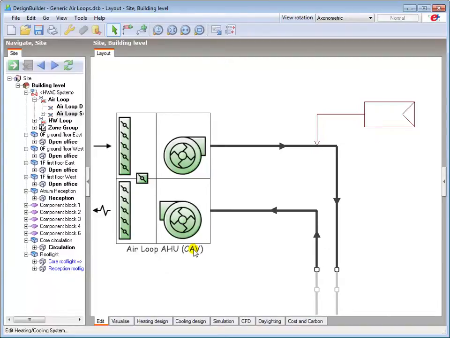The AHU component diagram shows that the AHU has a supply and extract or exhaust fan by default, with airflow in and out arrows. The AHU has dampers to enable flow control on the inlet, the outlet, and also a recirculation damper, which will allow exhaust air to be recirculated where appropriate. Whilst at AHU level,